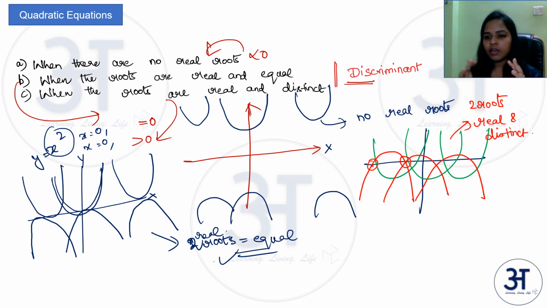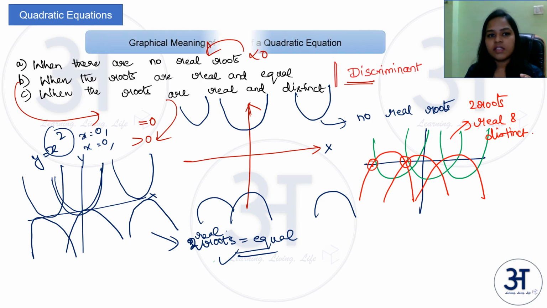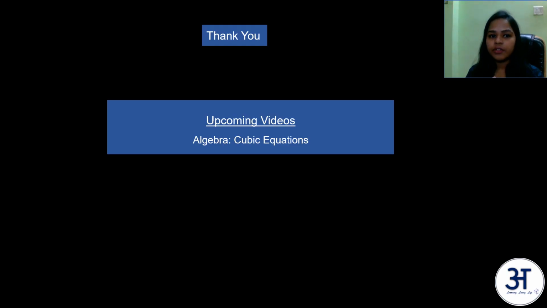So the same derivation, the same properties which we got using the discriminant by calculating b square minus 4ac can also be got using this graphical representation. So this will bring me to the end of this video. In upcoming videos, we'll be looking at some of the cubic expressions and their graphs. And more properties about this parabola we will be looking at in the geometry sessions. Thank you.